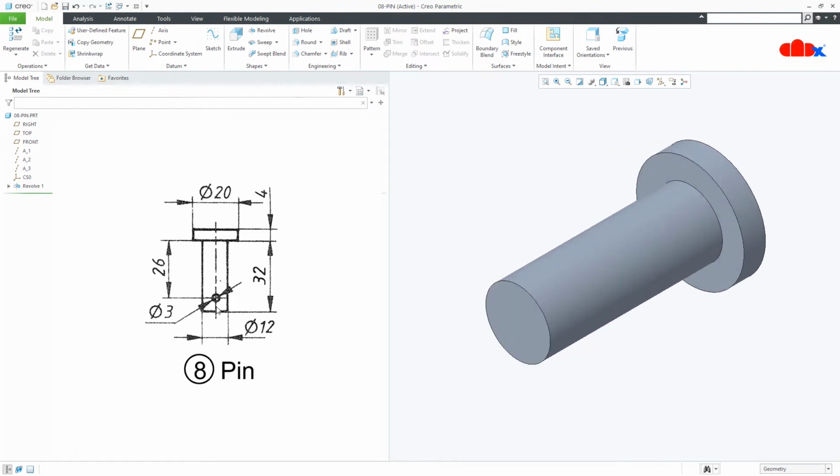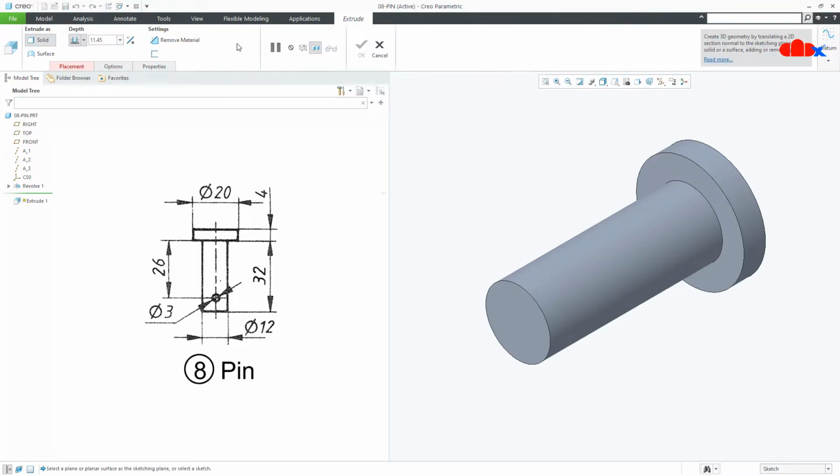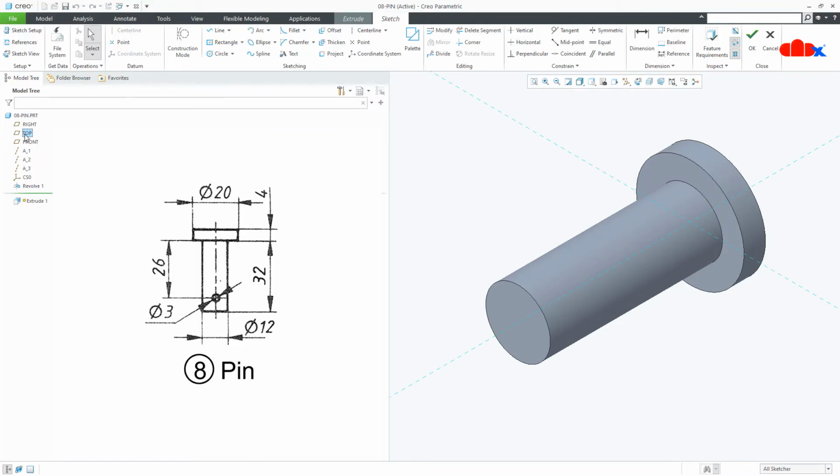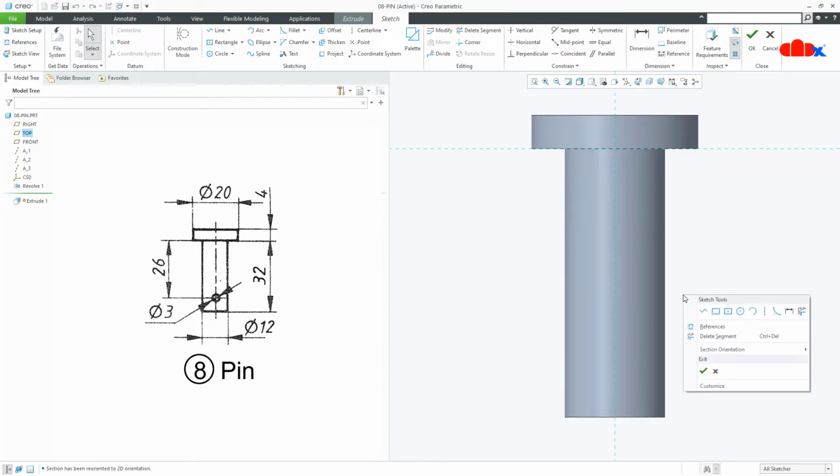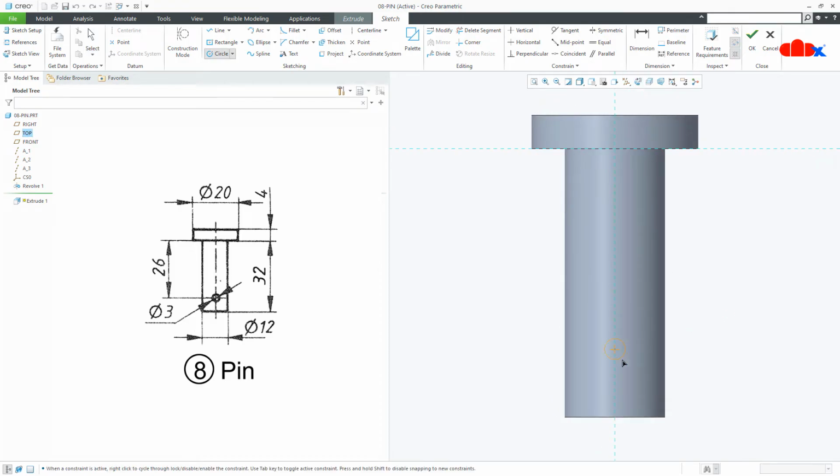Now the next feature is this cutout, and for this go to extrude onto the top datum plane, normal. Draw the circle. Now this dia is 3 and this gap is 26.